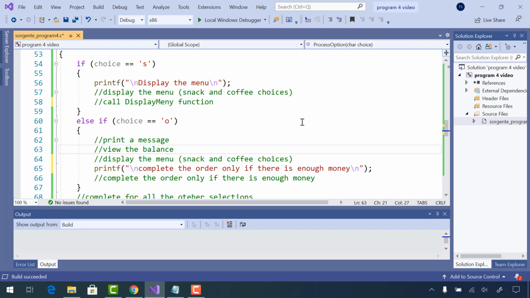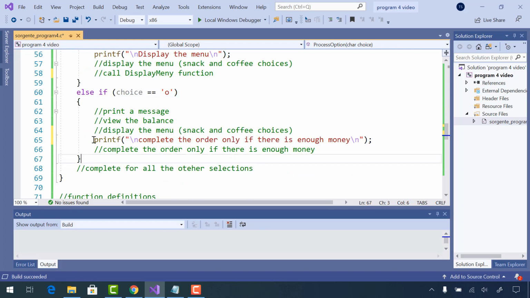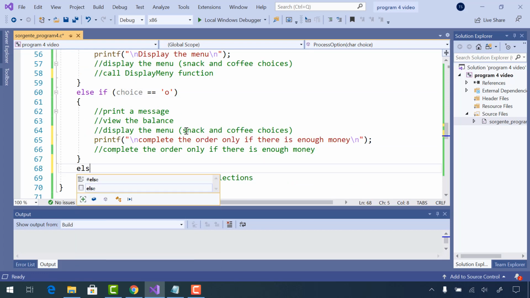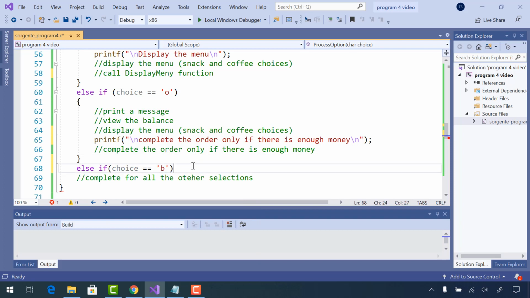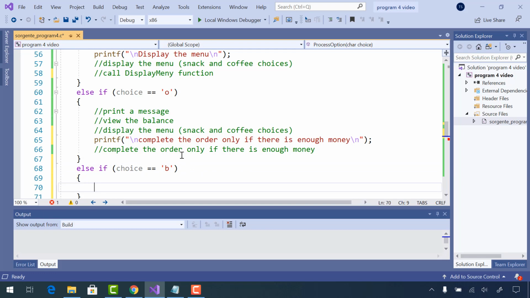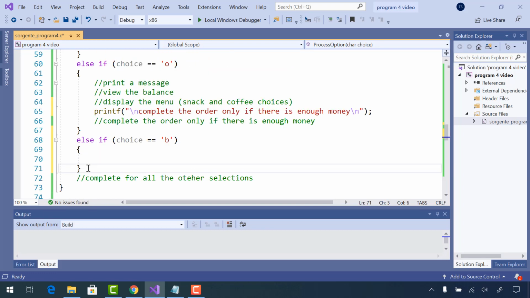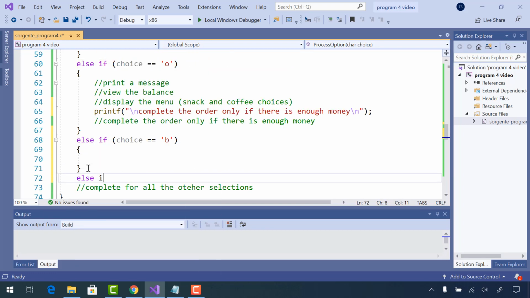I mean, you can add these features, but you don't need to add those features until we get to program 5. All right, what else do we have to test? We have to test if choice equals B. And so if it's B, what do we want to do if choice is B? And our other choice, else if